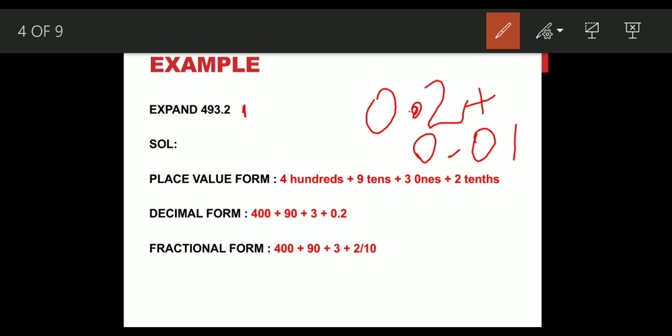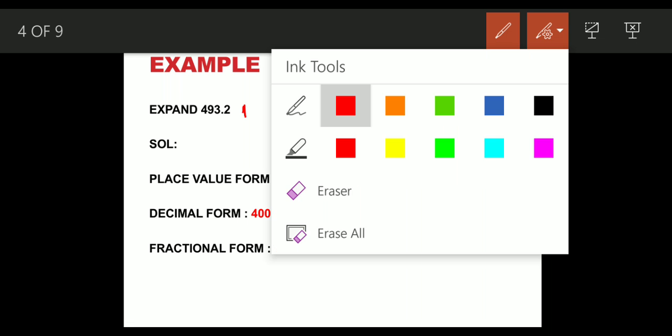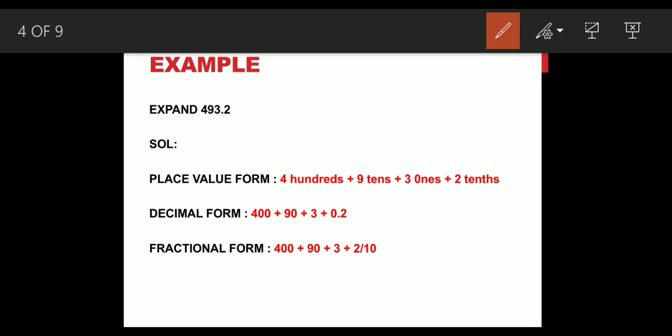So if I had another number, then how will I write? Plus 0.00 and then that number. Clear? So this is how you write in decimal form, expansion in decimal form. Clear? Fine. So now if you're going to write in fractional form, for the whole number there is no